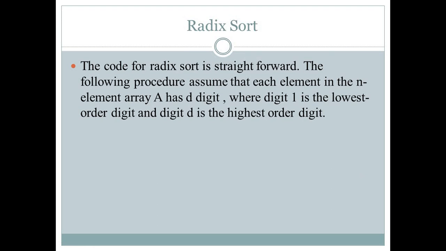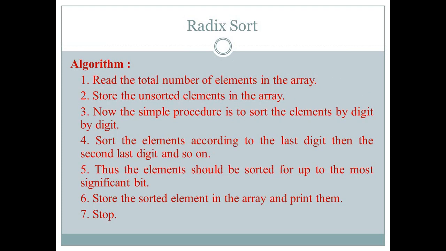So in radix sort algorithm, there are numbers of different digits. For example, we have number 9, so it is of 1 digit. We have number 11, so it is of 2 digits. We have number 132, so it is of 3 digits. So we will have different digits. So these numbers we will sort by radix sort algorithm. For it we will have its algorithm, and the algorithm is very easy to understand.